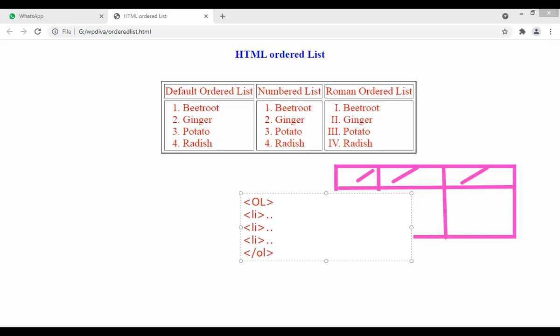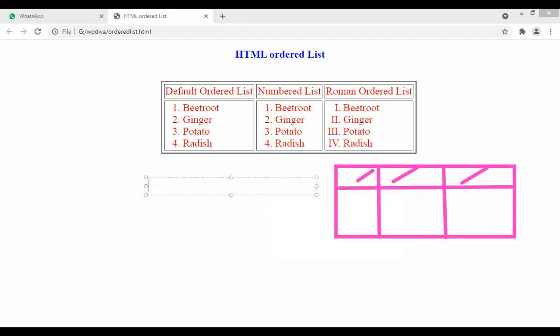this ordered list, you are not passing any type here, right? You're not passing any type. So if you're not passing any type, what happens, guys? It will take, by default, the form of numbers if you're not passing any type. So here you can see that I'm not passing any type. So by default, what is it going to do?